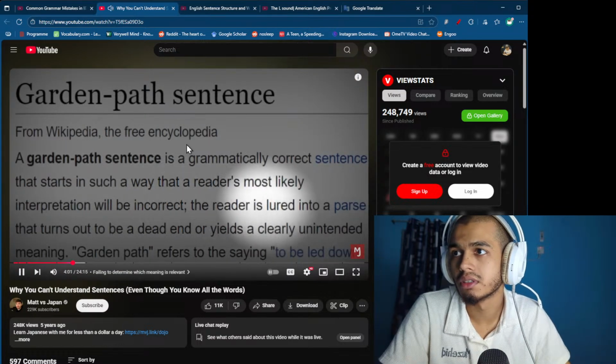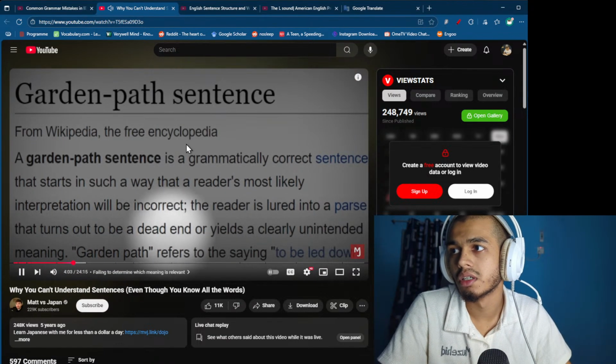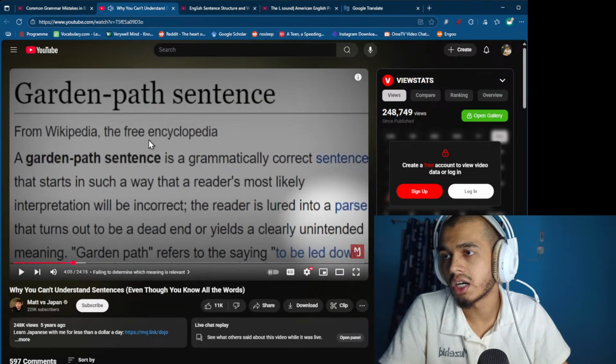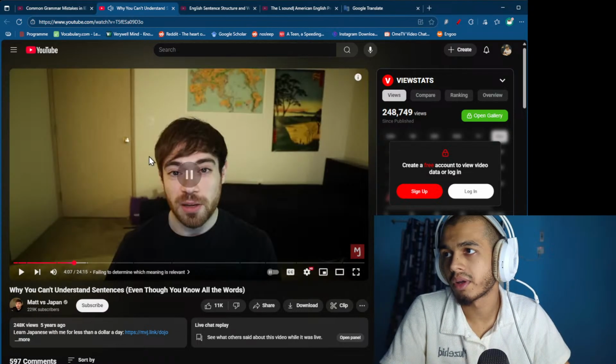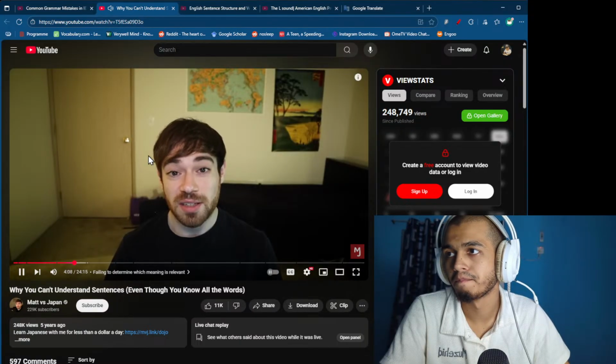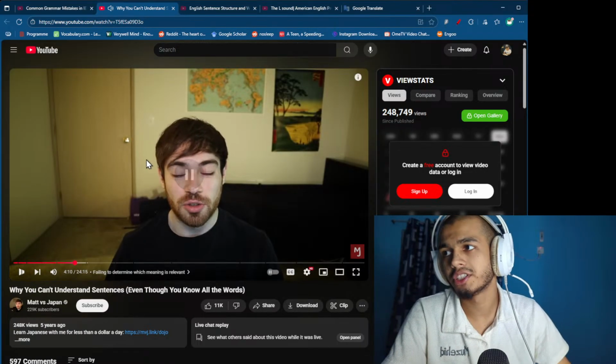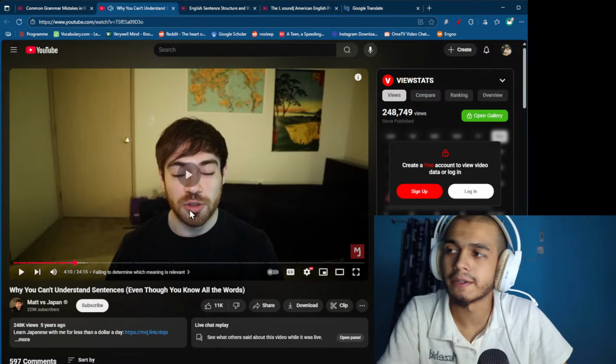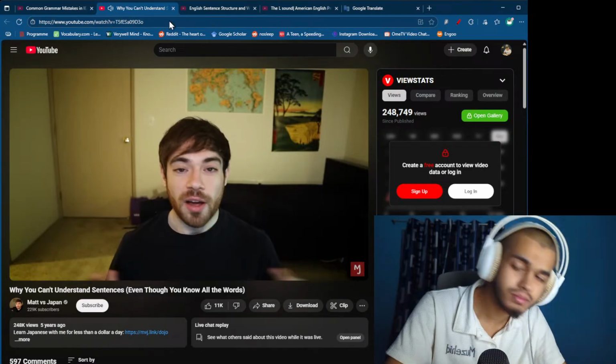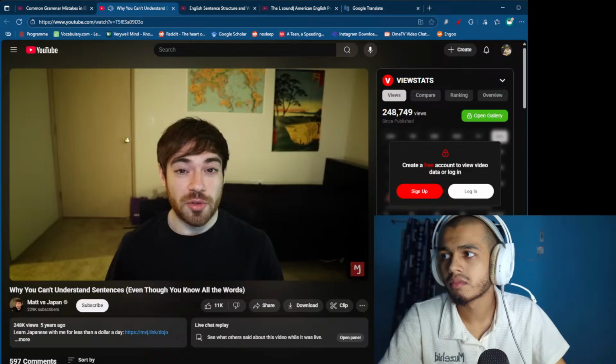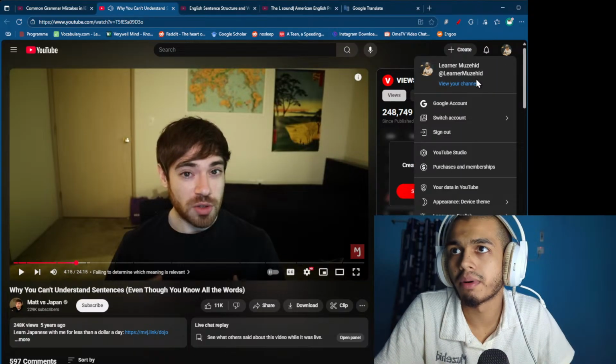The reader is lured into a parse that turns out to be a dead end or yields a clearly unintended meaning. So I'll link the Wikipedia page for garden path sentences in the description in case anybody's interested. Okay. Learn more. But anyway, although garden path sentences are difficult to parse even for